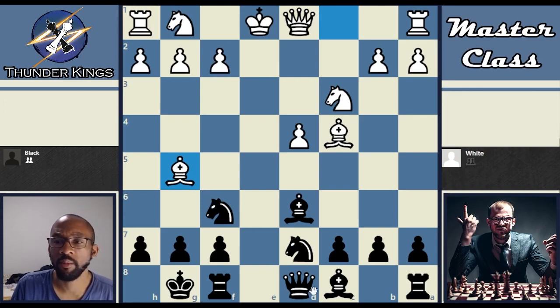A little background behind this game: it's an actual over-the-board game played in Washington State against, well, my opponent. He was rated somewhere between 1400 and 1600, which is quite impressive because he has played this opening very well. This opening comes out of a French exchange, and he actually had played an early c4 to